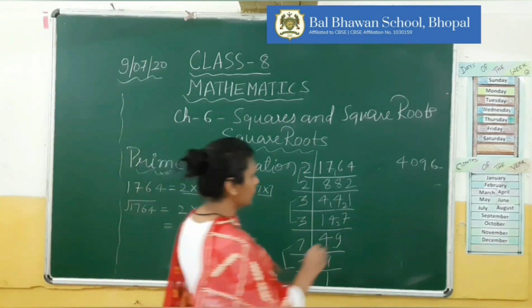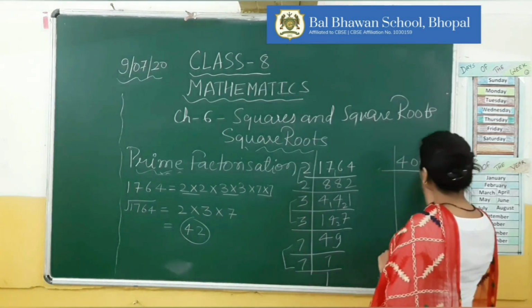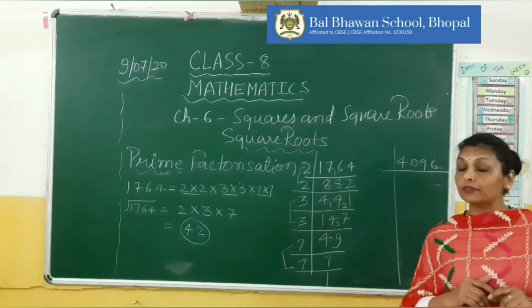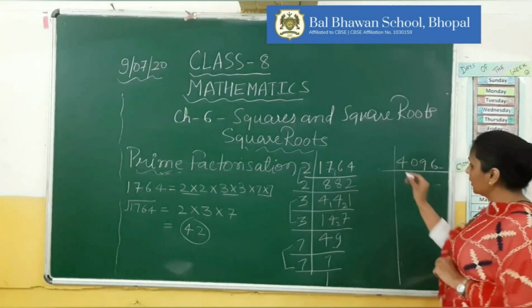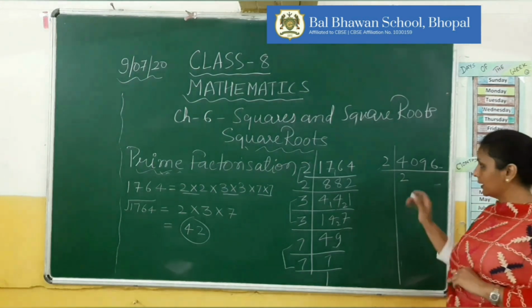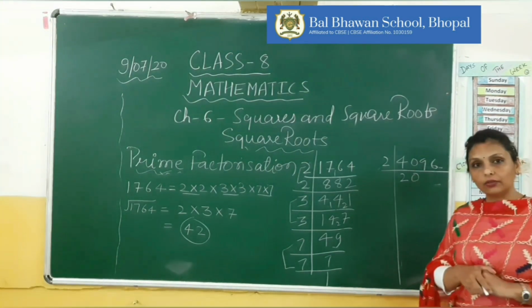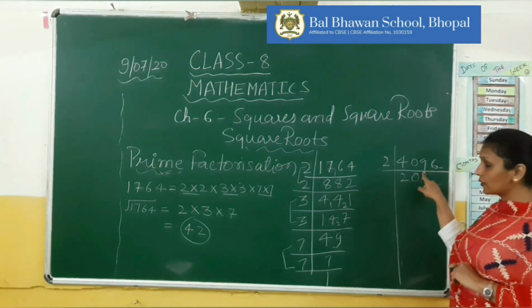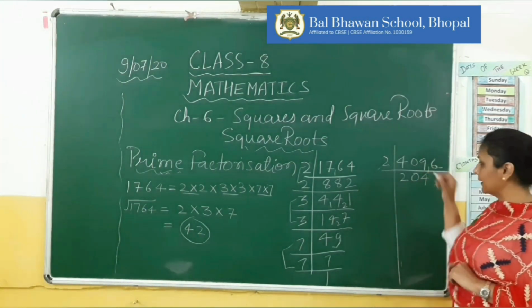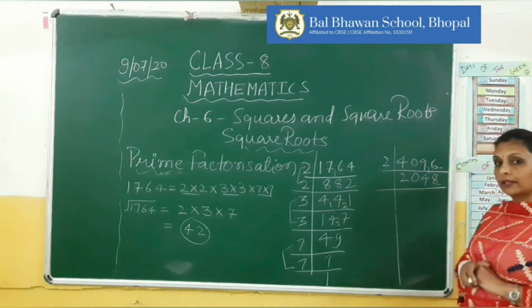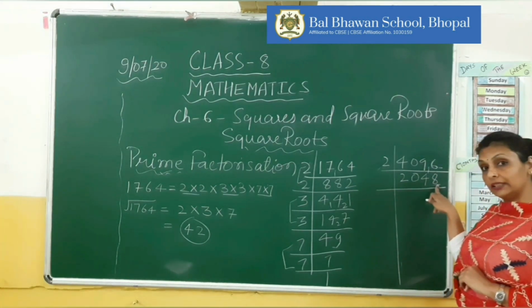Just like this, we have another number, 4096. Okay, let's do this also. This number ends with an even number. That means we'll factorize by 2. Let's try. 2 2s are 4. Then what do we do? Yes, 2 0s are 0. Then 2 4s are 8 because it is 9. So how much is left? 1. So 2 8s are 16. Then again, this number ends with an even number.